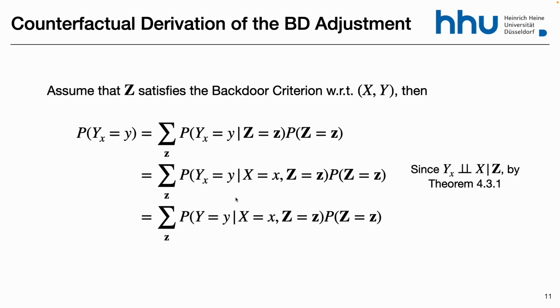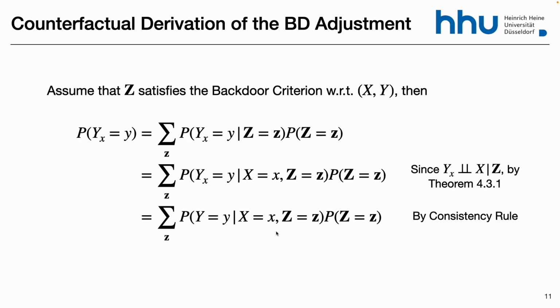Yeah. So because of this, I can add x. Right? So x is independent of y given z. So from this probability to this probability, I'm using this independence. I'm adding the x. And now I use the consistency rule, because every time that I observe x, the observational y equals the interventional y. Got it? And then you have the same expression as before. So this is an easy derivation because you just need the consistency rule.